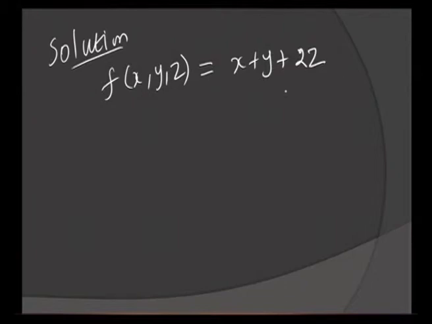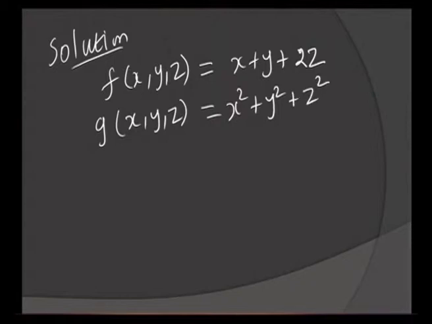This function is defined on the surface g of x, y, z is equal to x square plus y square plus z square. First we need to find del f. So del f is equal to 1 comma 1 comma 2, and del g